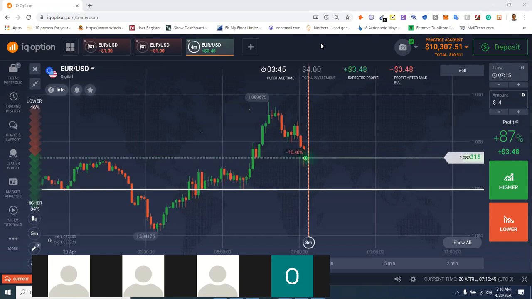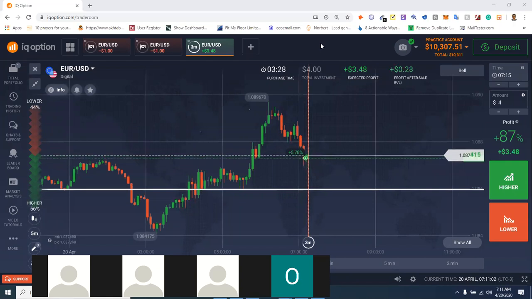So please, if you will not go for the second martingale, don't go for the first. There's no guarantee that you win the first martingale. So it's better you don't go for martingale at all, or you decide to go for both martingales. Do the two martingales, and by God's grace, you will win. And in case you lose, you will recover if you are using good risk management.